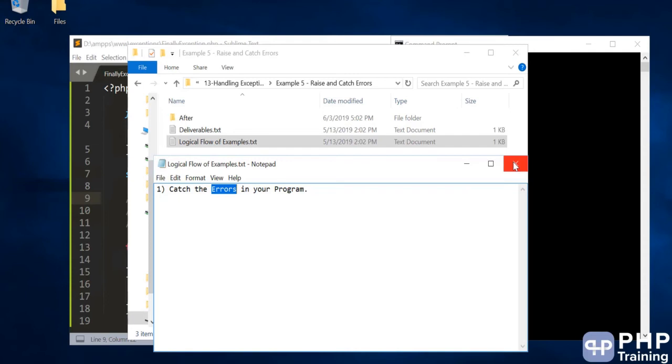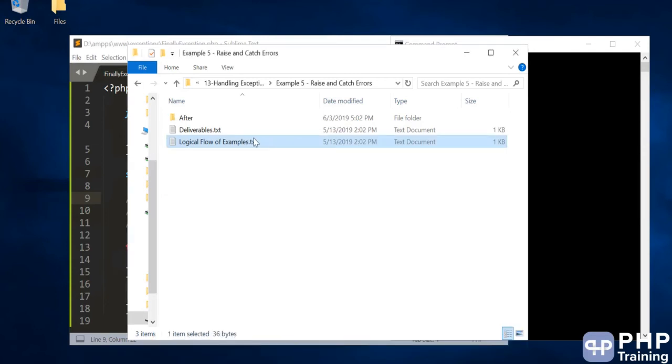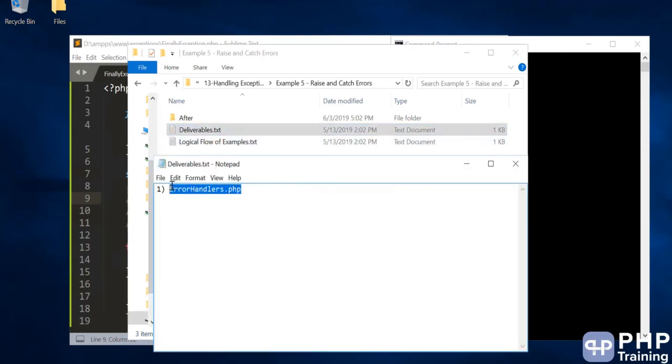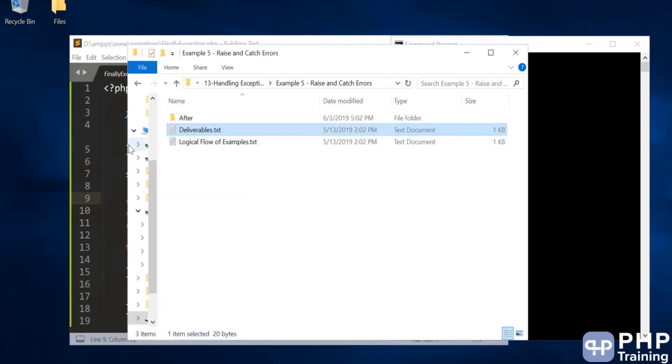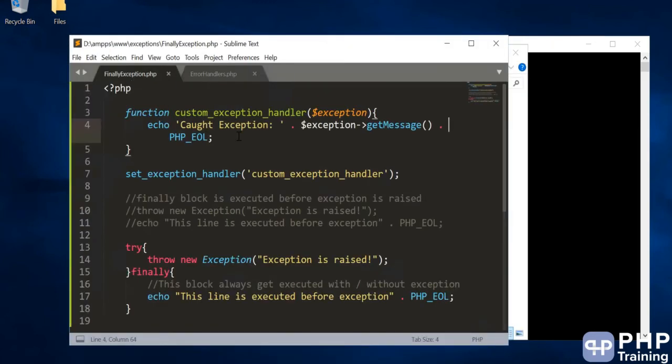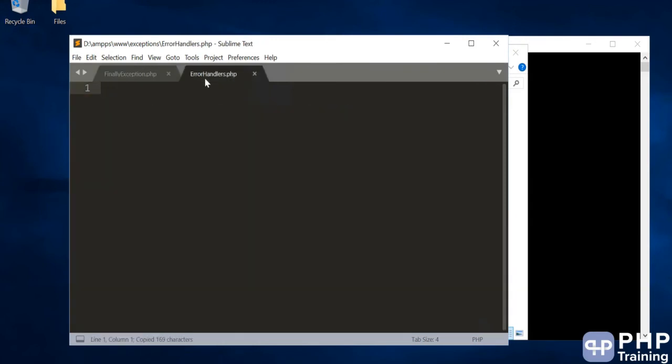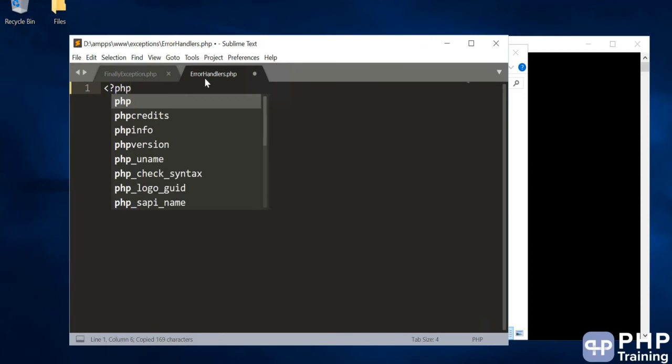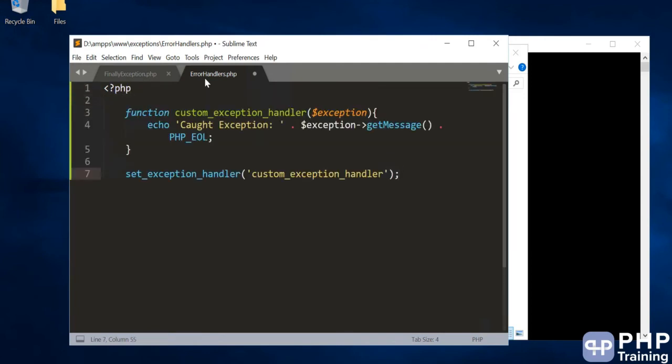There's a difference between an exception and an error. So let's raise an error and then catch that error. For that we'll create that file. We'll take the example we have seen previously, how to catch an exception, and convert it into an error. Instead of exception, it's a custom name, we're going to change it to error.